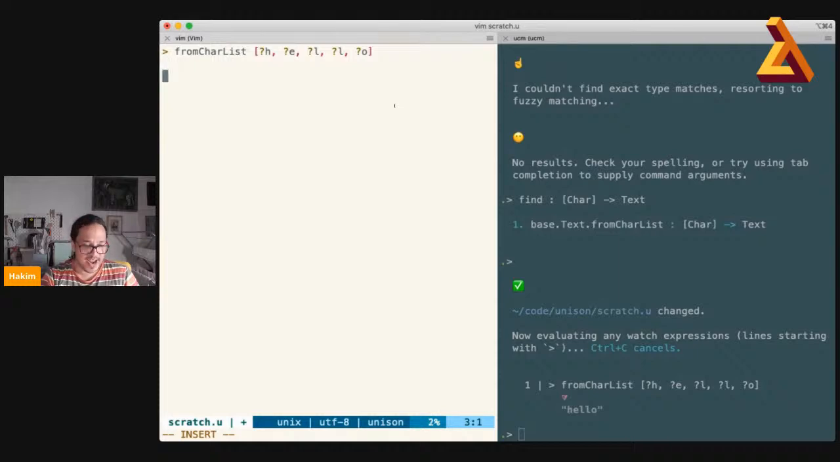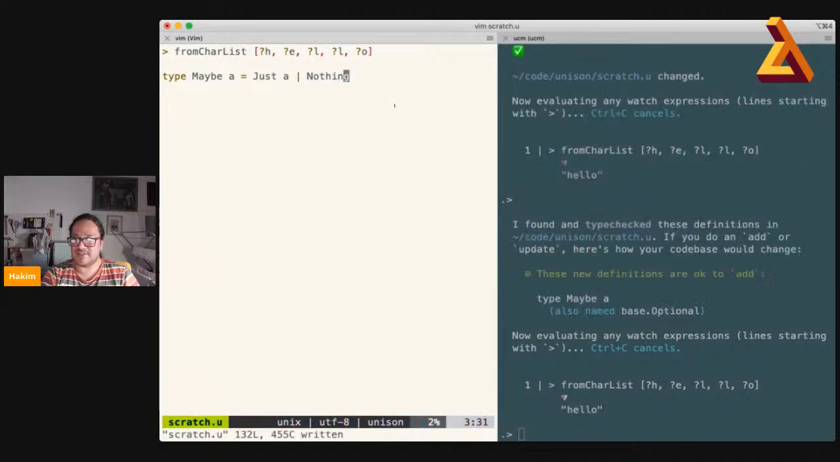And if we want to create a new data type, again, you can do that with a type. Well, let's try. This is going to be interesting. So if we had, you know, the classic maybe type, it's either a just or it's a nothing. And if we save that,